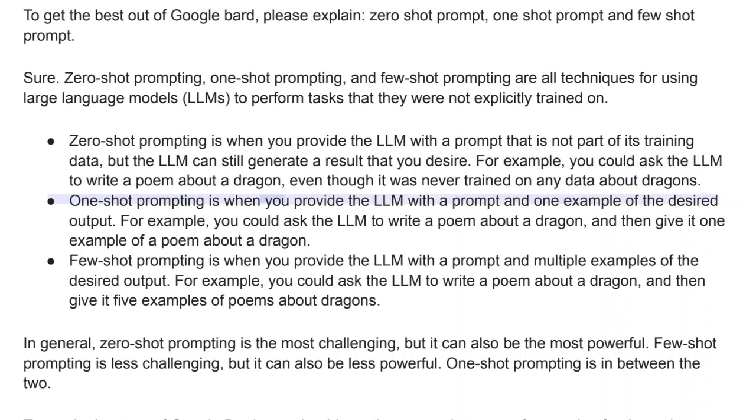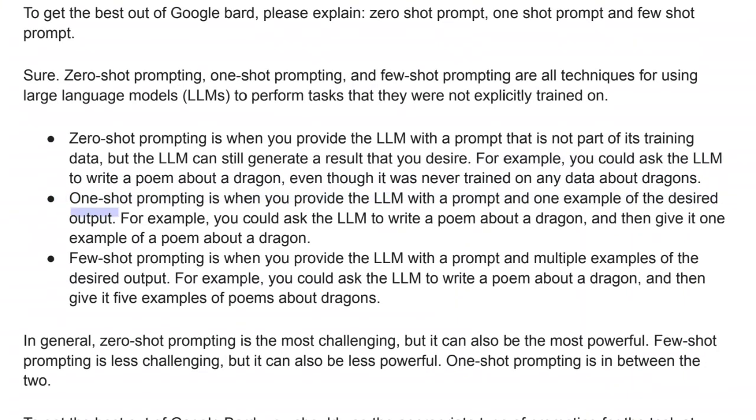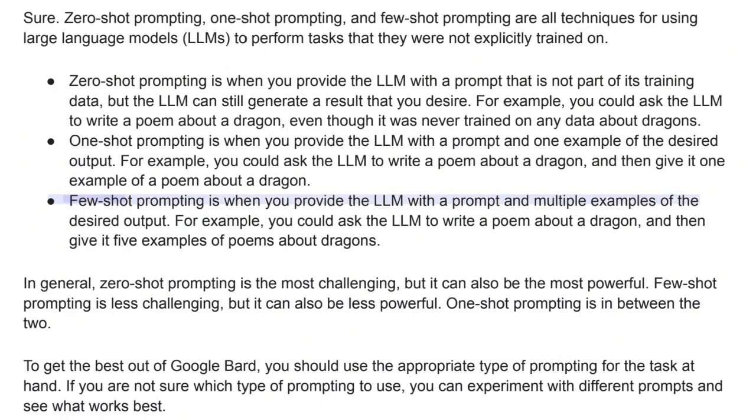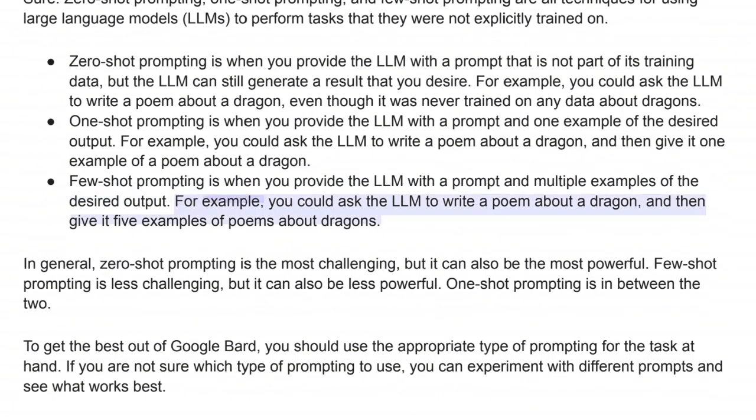One-shot prompting is when you provide the LLM with a prompt and one example of the desired output. For example, you could ask the LLM to write a poem about a dragon, and then give it one example of a poem about a dragon. Few-shot prompting is when you provide the LLM with a prompt and multiple examples of the desired output. For example, you could ask the LLM to write a poem about a dragon, and then give it 5 examples